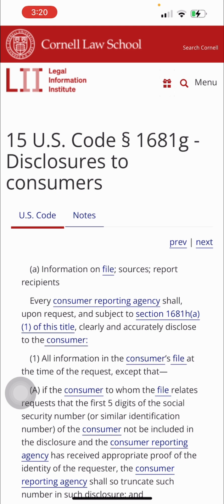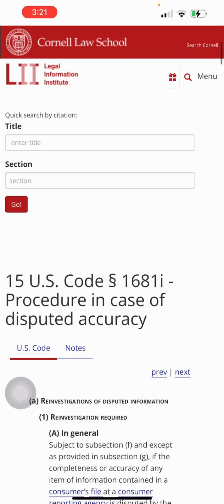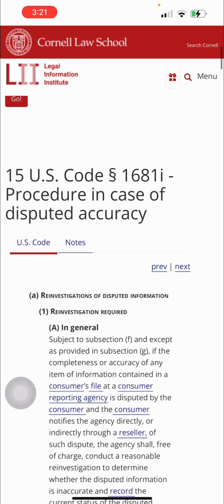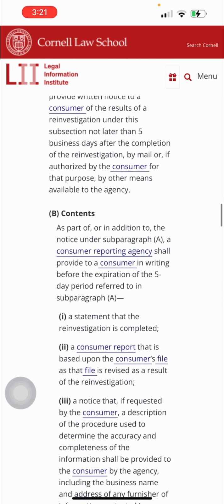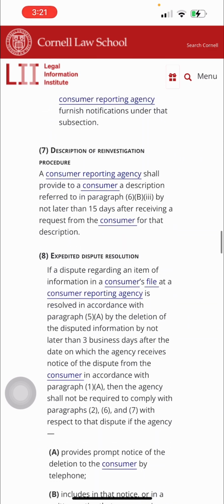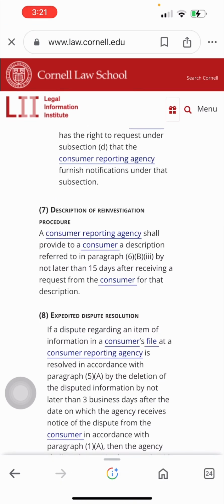So if you Google 15 USC 1681i, it talks about the description of the reinvestigation procedure. So let's go down to (a)(7), and we're going to read what it says. Description of reinvestigation procedure.